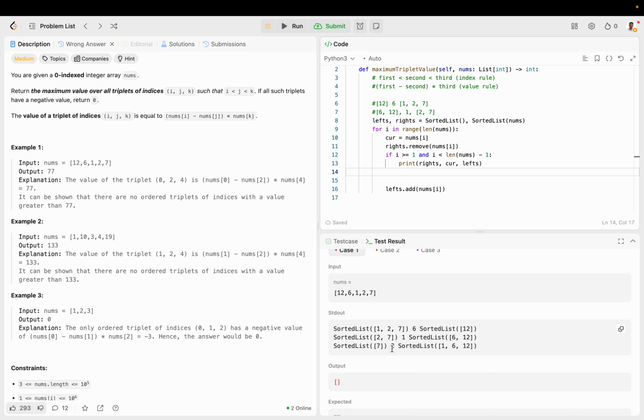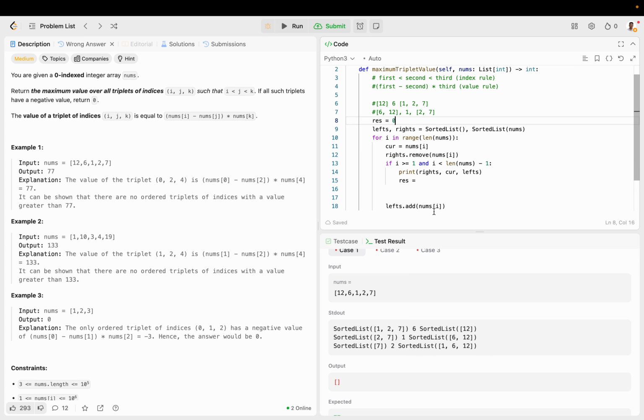And then we're just going to also subtract the biggest element minus this element because we want to make sure that the difference is as big as possible, because you know the difference is going to be positive, right? So if we go 2 minus 1 times 12, that's not going to be as big as 7 minus 1 times 12. So now if we know that, we can just say the result would, let's declare an integer,